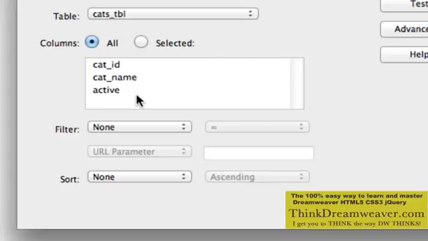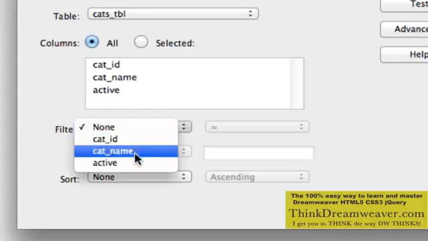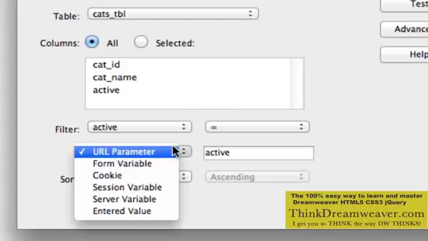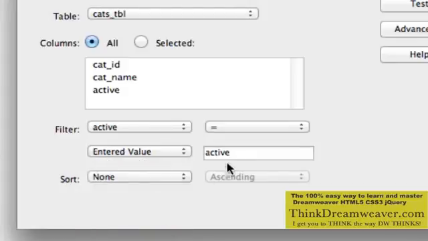So as an example, right now, all 4 categories, planes, trains, boats, and autos, have been set to yes. So yes, we can see them. So that's the active field. So we're going to filter based on these choices here. We're going to filter the active field to be not a URL parameter. We're going to filter the active field to be an entered value, and we want the entered value to say